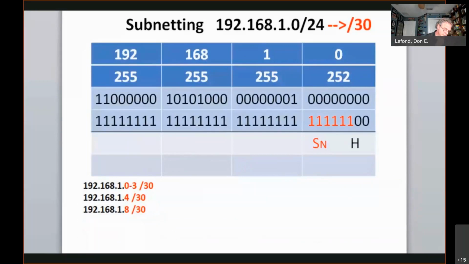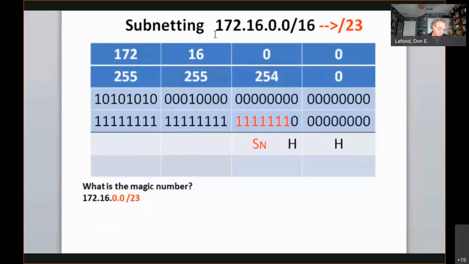You might ask yourself, will this technique, the magic number technique of looking at the place value of the last one in the subnet mask, work in other subnetted octets? In other words, if we're starting from a class B /16 network address, or a /8 class A network address, would this technique work? And it does. For instance, if we take a